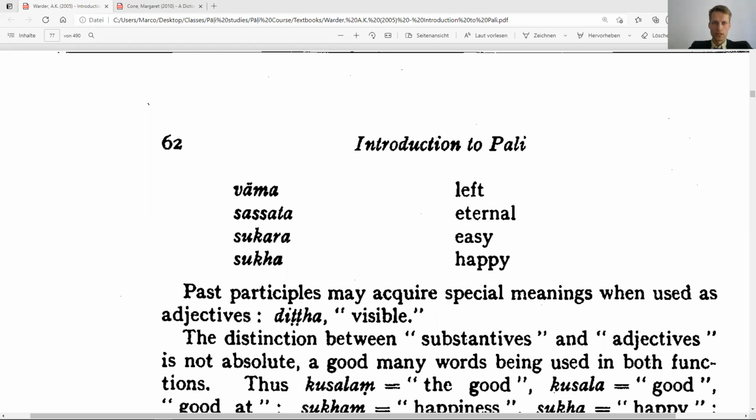Now, when it comes to the adjectives, they are inflected like other nouns in the three genders. According to the noun, they qualify as attribute words and they agree with them in case, number, and gender. Most adjectives in short a form their feminine in long a. So the masculine and the neuter are in short a, and the feminine is in long a.